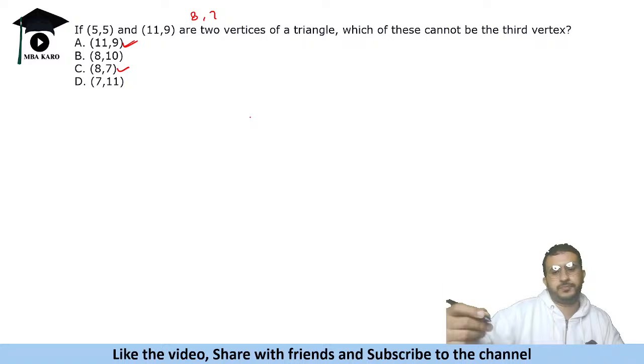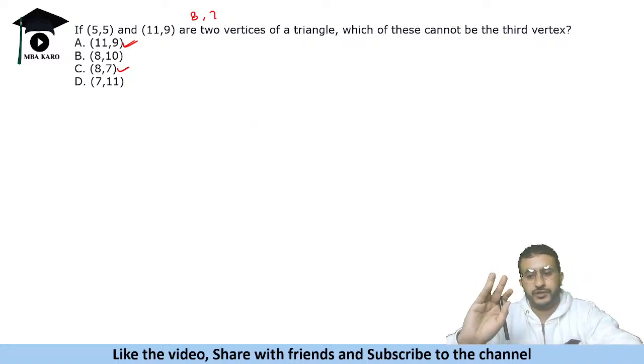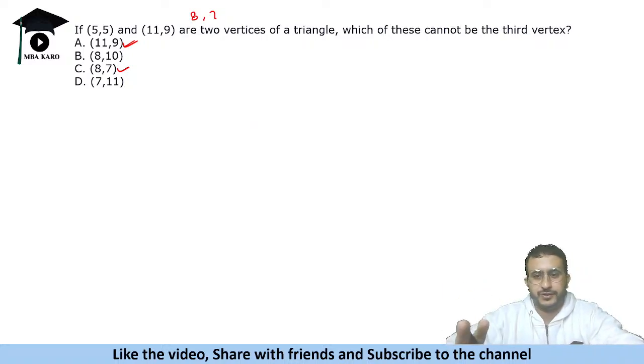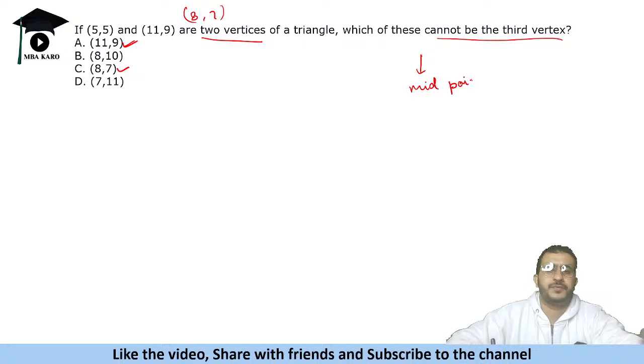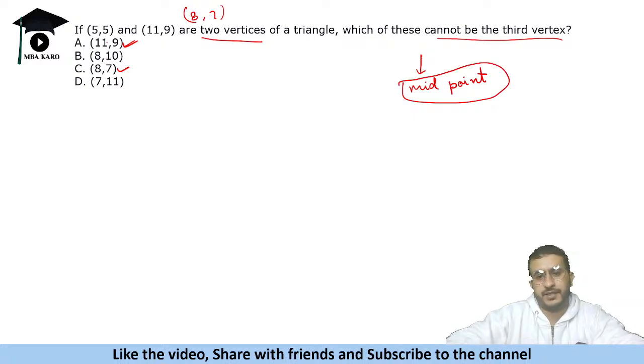सो मल्टीपल ऑप्शंस, but if you were able to figure out C is also not a possible, then it is a good thing to figure out. So कभी कभी ऐसा क्वेश्चन आता है, टू वर्टिसेस दिए होंगे, cannot be a third vertex, check for midpoint। ठीक है, इसमें मैंने यही मिस्टेक कर ली कि आई माइट हैव wanted to put 9, 11 or something else। If you get midpoint, that is never a vertex। ठीक है, ये भी ध्यान रखना है इसके साथ साथ।